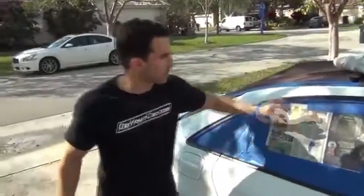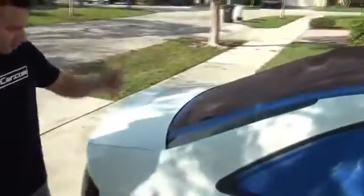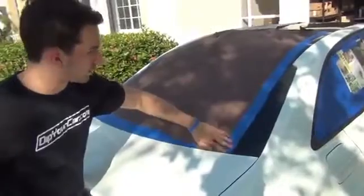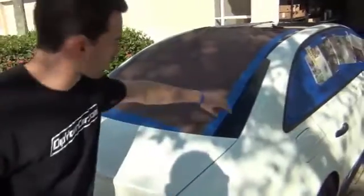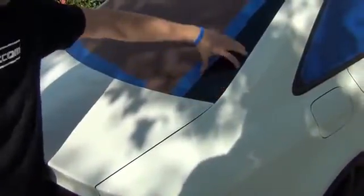I'm going to show you what I did for the rear windshield. The rear windshield and the part of the roof, whenever you can, utilize something like an old bed sheet, because you can go through a whole bunch of newspaper. The bed sheet will cover a lot of area. Now, don't be afraid. You see this big gap? That might look like a spot that I missed, but actually I really want to leave a big gap like